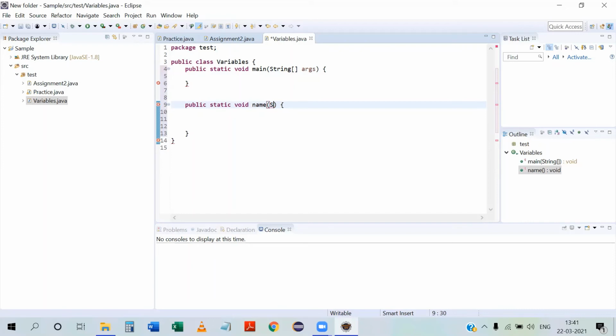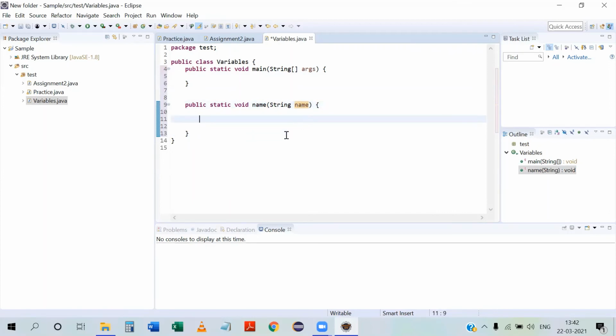Data type and then variable name. But for the value, we will be providing it while calling the method, right? You must not give the value here. You must always give the value while calling it, okay?